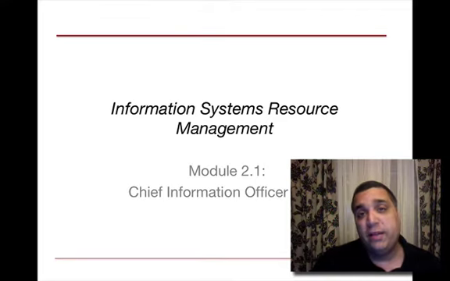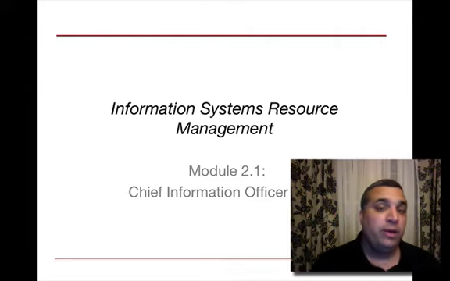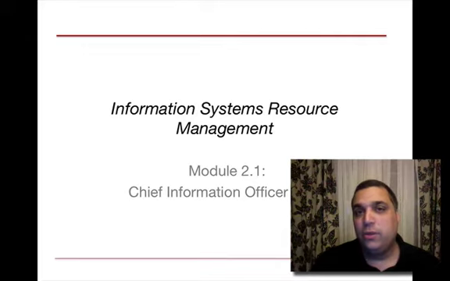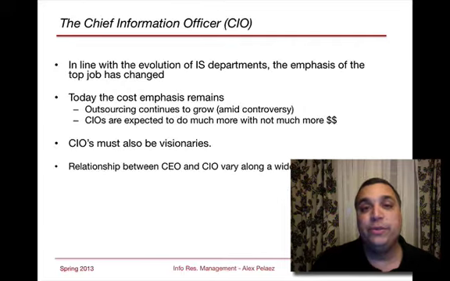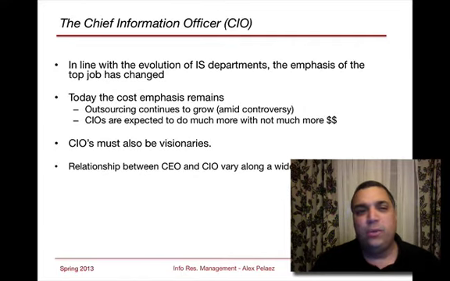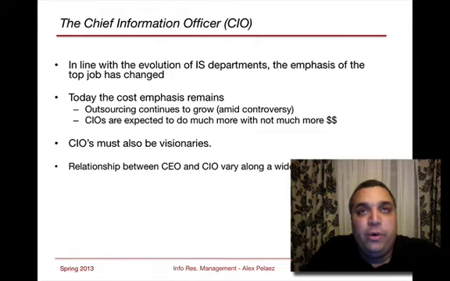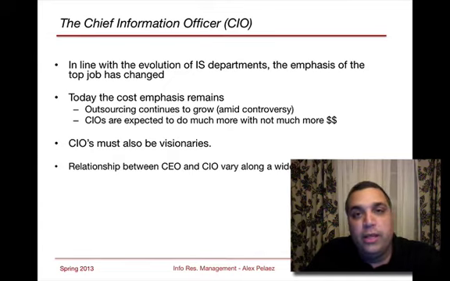As we spoke about in the last section, the IS organization has evolved from being purely cost-driven to being a valued partner in the business. And the challenge for the CIO is to manage that and make sure that that continues. So the CIO role has evolved with the IS department. It used to be called a CTO or Head of Applications Development. In some cases, it reported to the finance department. There's still a cost emphasis, and a lot of CIOs are challenged to ensure that they can do more with less, which is always a common term.